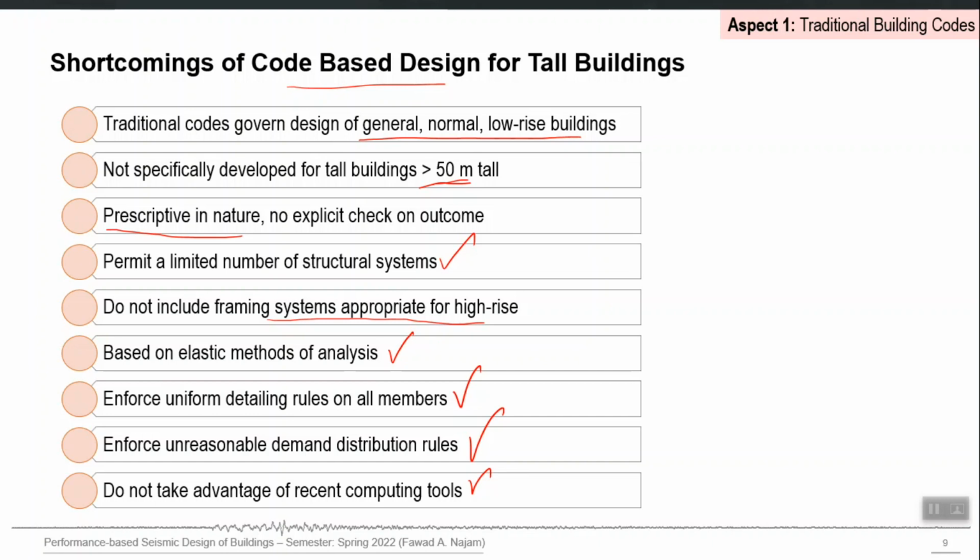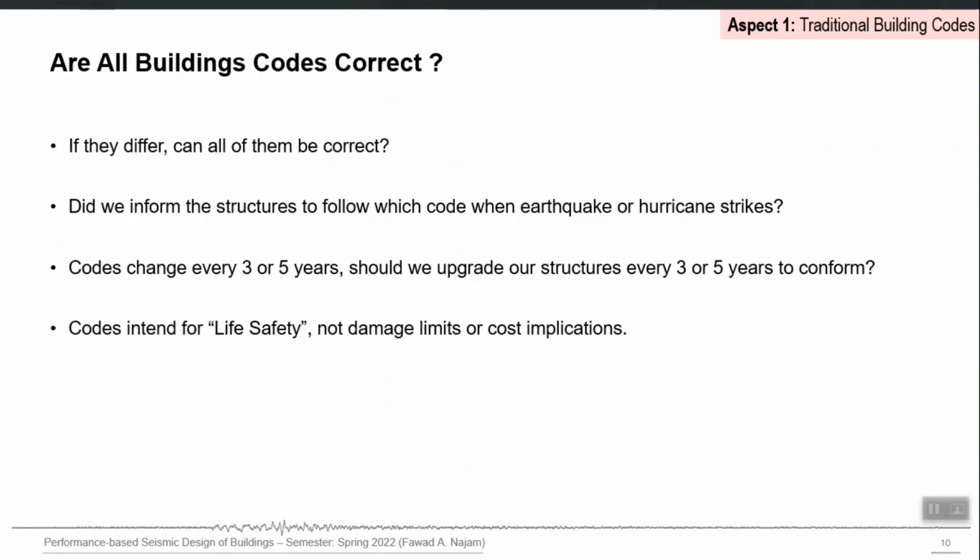So this is the very first motivation for the development of performance based design: that building codes ensure performance of the building implicitly and not explicitly, right? They just claim that follow us and you will be safe, just like a doctor giving you a prescription, right? So then there are certain questions which you might have thought about also, I think, when you follow a particular building